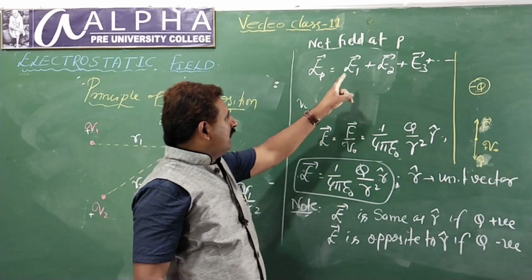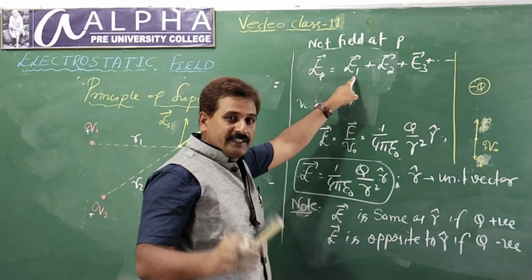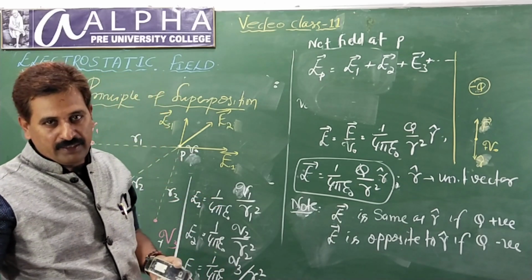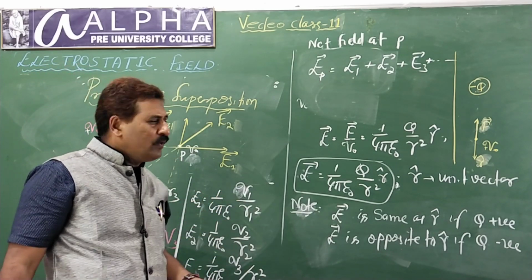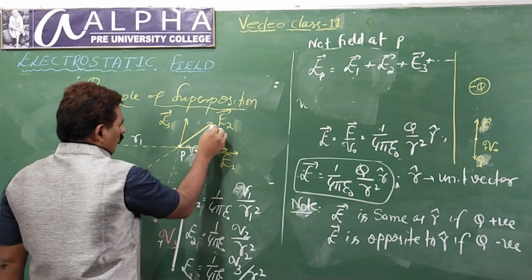If you write this way, what is this called? Vector addition. You write like this to say you are doing vector addition. It means you are adding magnitude separately, direction separately. How do you add directions? Consider two at a time and construct a parallelogram. That's what you did.